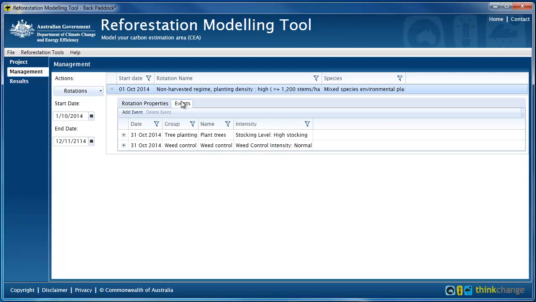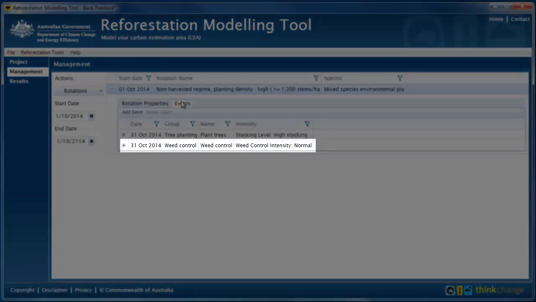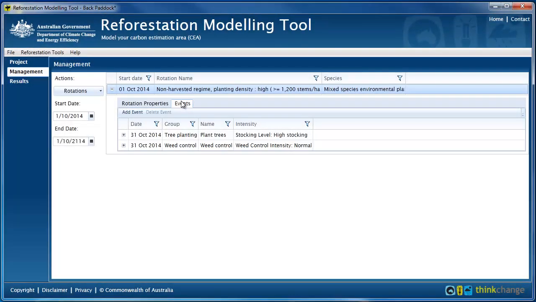Under current rules, it is expected that the planting runs for 100 years or shorter periods like 25 years with discount rates. I need to weigh up these options to make a good business decision, but I'd like to store the carbon for as long as possible, so I'll let the planting run for 100 years. I'll also use the default settings for weed control as shown here. With all this sorted, I'm now ready to view and interpret my results.